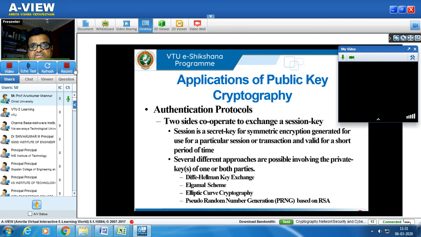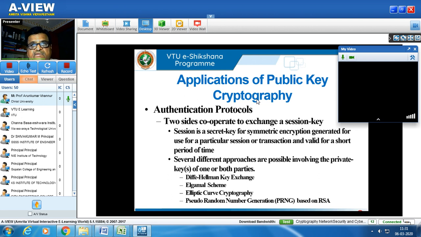the information from the sender to the receiver, at that time symmetric type of activity is taking place, because we are interested in increasing the security, but at the same time the time required for sending and receiving has to reduce. So at the session level, the system is working as if it is the symmetric encryption, but at the system